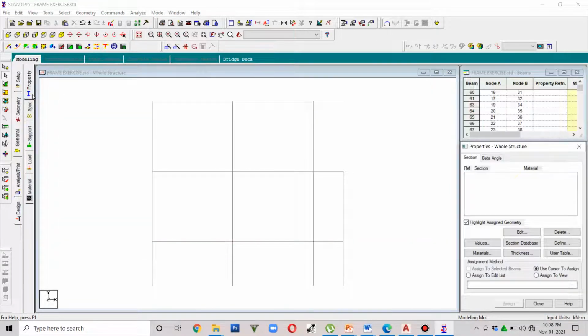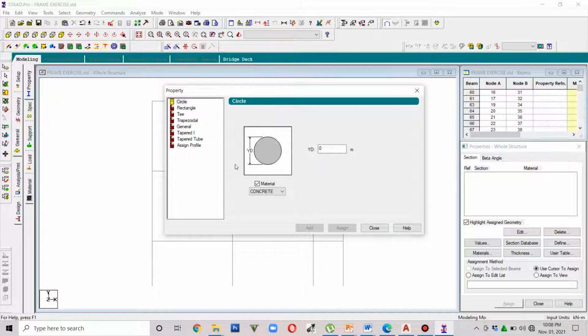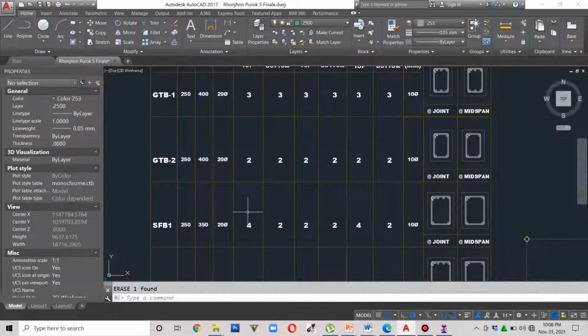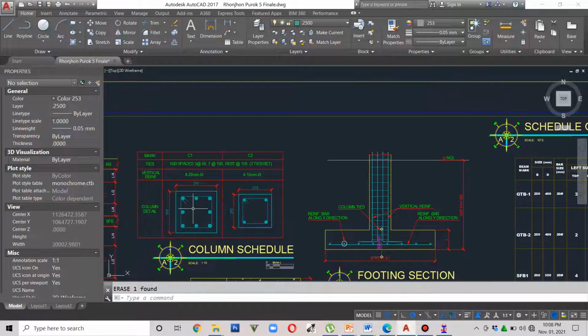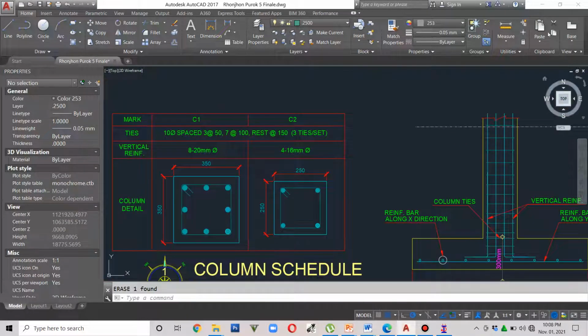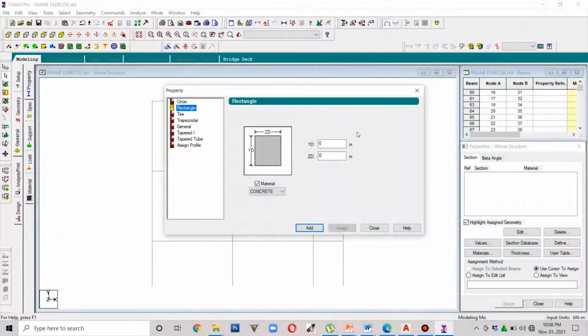So property na tayo, punta tayo sa define. Okay, so ang gusto mong i-define is yung beams. By the way, yung column natin is 350 by 350. Okay, so 350 by 350, a rectangular column,